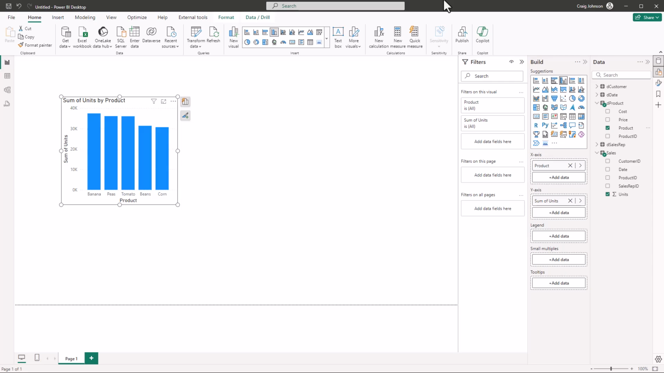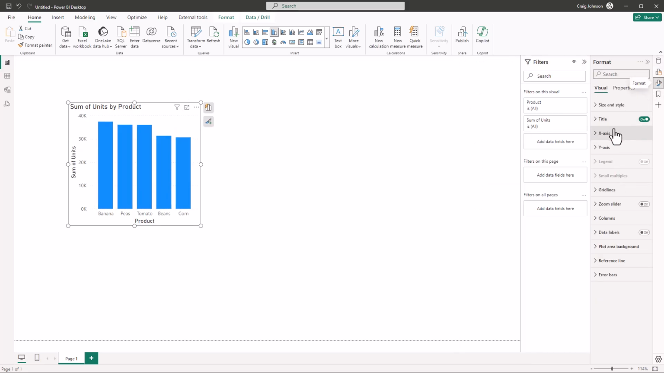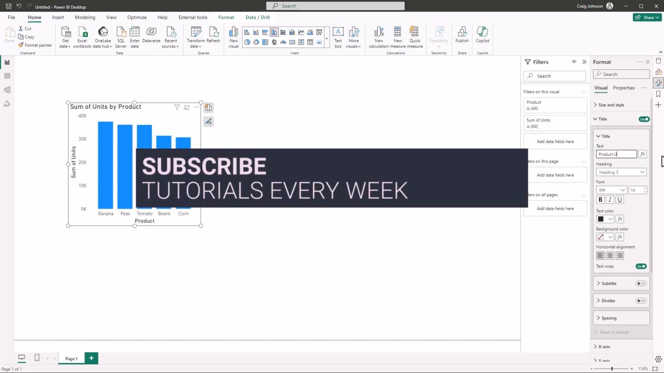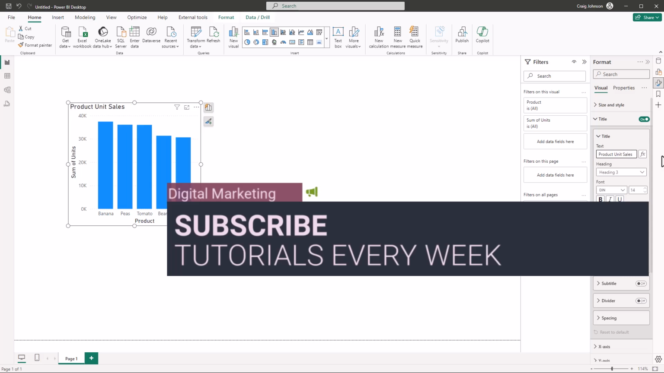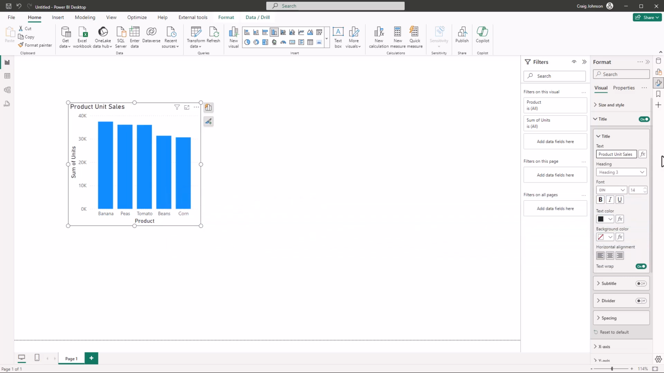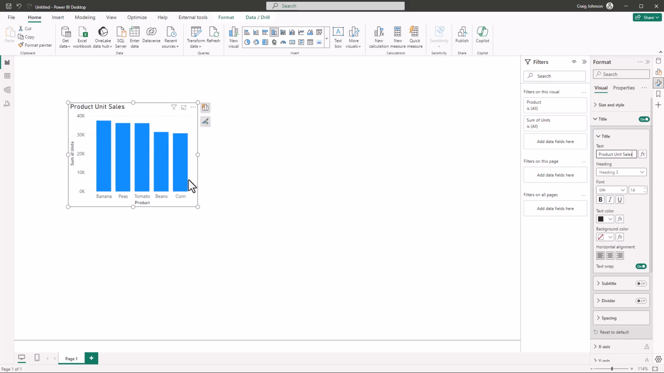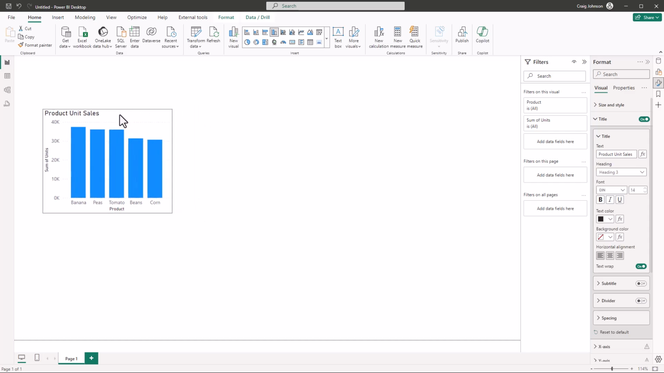Now, what we would want to do now is we can select the formatting function, and we're going to change the title to product unit sales. Now we have changed the title, and we can resize this visual by selecting the corner of the visual. And if we move it up, it makes it smaller. If we move it down, it makes it bigger. So that is our first visual,